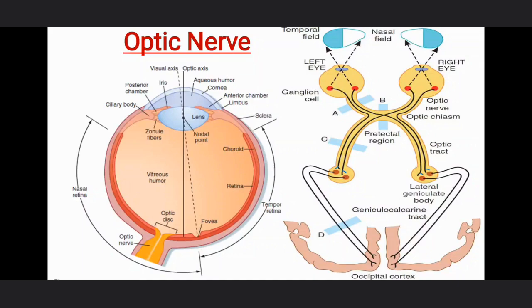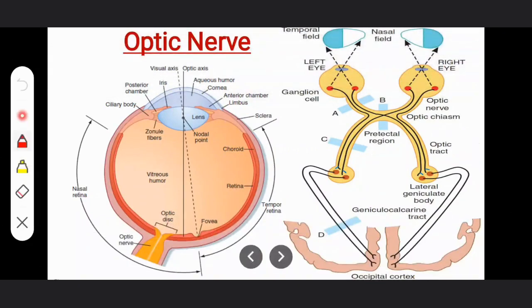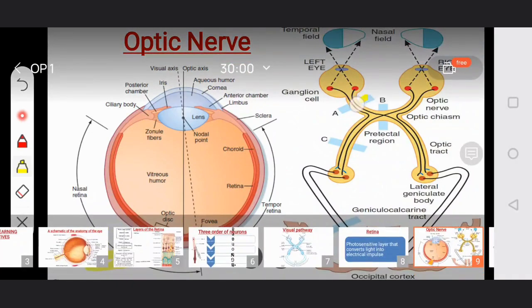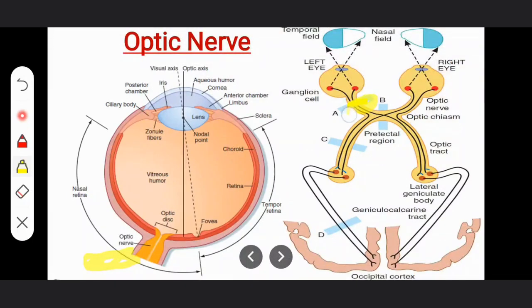The next structure that comes is the optic nerve. Here is the optic nerve. This structure is called your optic nerve. This is the area where the optic nerve is emerging. The optic nerve